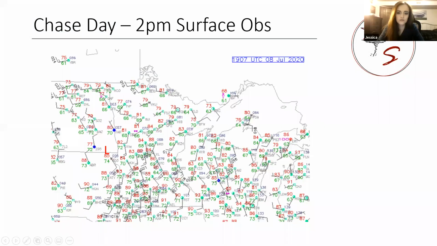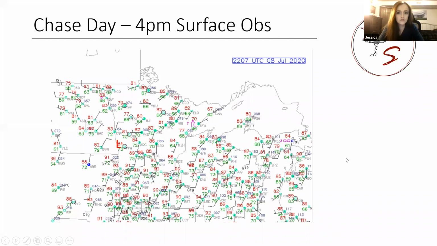low developing. This was at 2 p.m. I looked at the surface obs, I distinctly remember this, and I said, it looks almost like a low right there, because there's a little bit of a circulation, if you can see in the wind barbs here. But I was like, I don't know, it looks like kind of a low. And sure enough, there was a mesolow developing, which is always good when you're a chaser, because it's an indication we might see something more interesting. You usually have more shear, more rotation in your storms that are near a low pressure system.